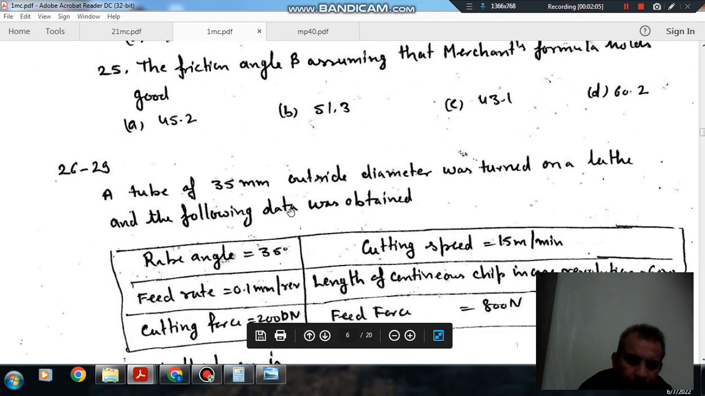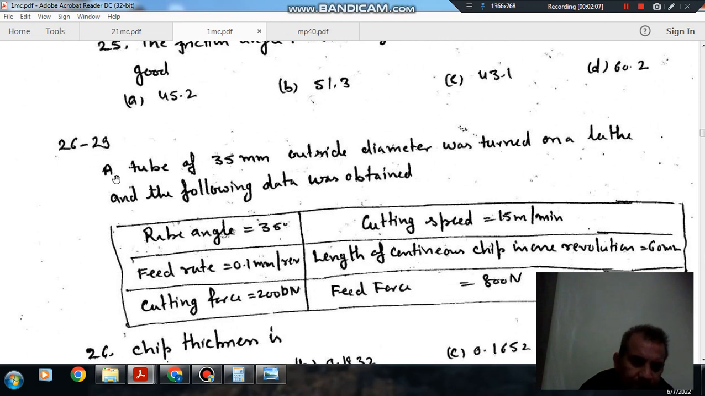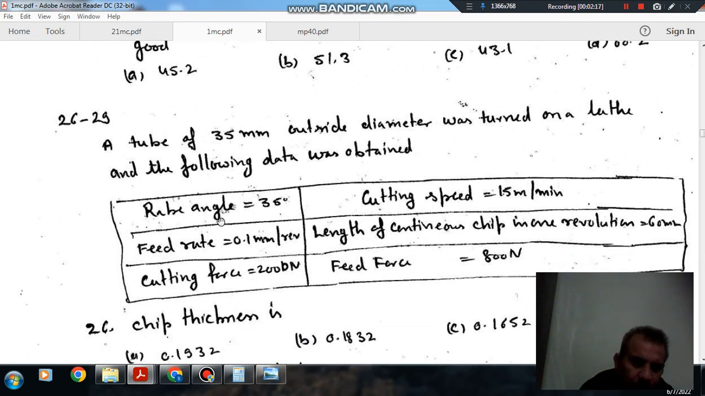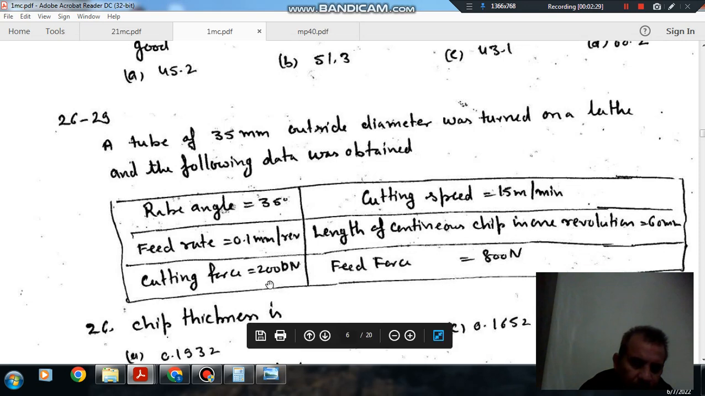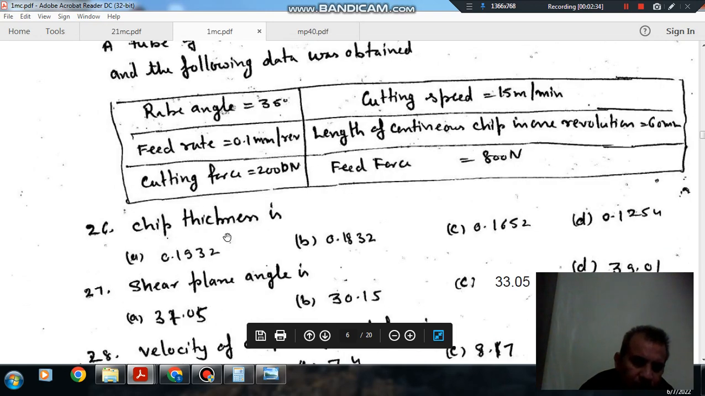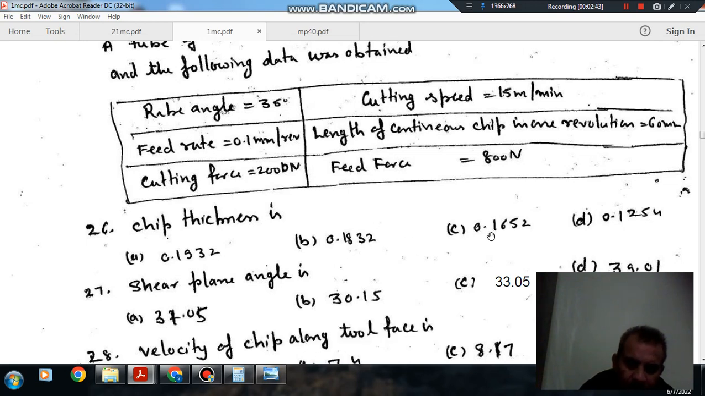Next, question number 26 to question number 29. A tube of 35 mm outside diameter was turned on a lathe and the following data was obtained. Rake angle 35 degrees, cutting speed 15 meter per minute, feed rate 0.1 mm per revolution, length of continuous chip in one revolution 60 mm, cutting force 2000 Newton, feed force 800 Newton. Question number 26: chip thickness is option A 0.1932, option B 0.1832, all in mm, option C 0.1652 mm and option D